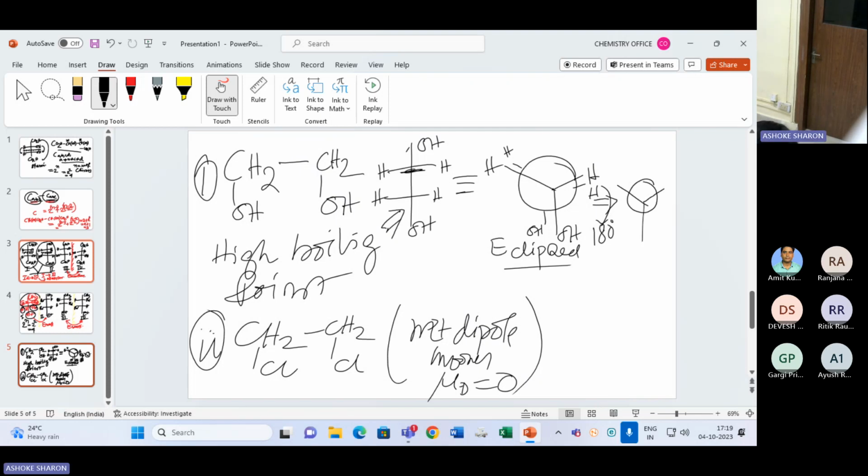You can draw it this way. This molecule tries to stay in one of the structural forms. Last class I already explained this is the staggered one. What I did, I fixed the top one and rotated the back one. Clear? Now, if you rotate this molecule,